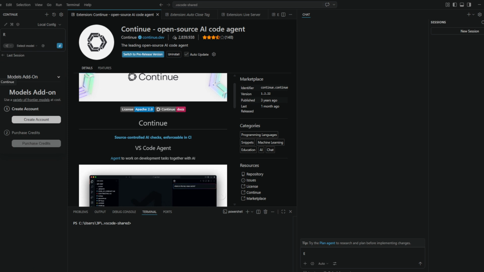Here, you'll see a description, some screenshots, and an install button. Go ahead and click install. Give it a few moments to download and set up. When the installation is complete, the extension will be ready to use, and you might see a new icon appear